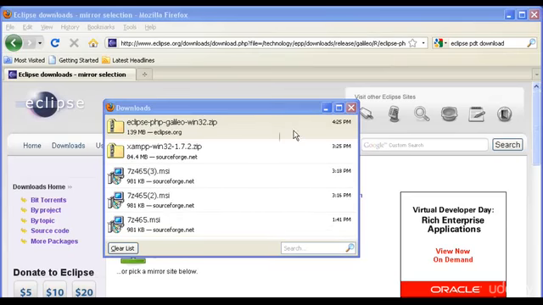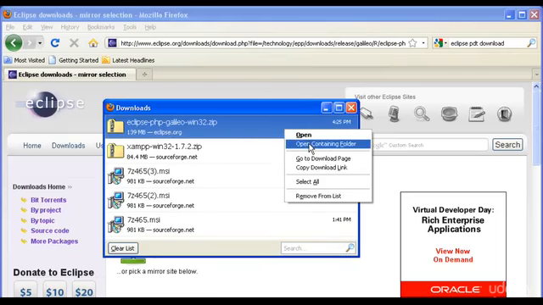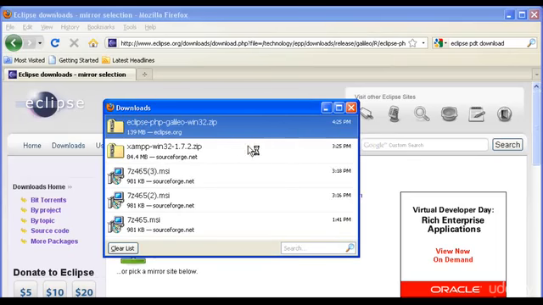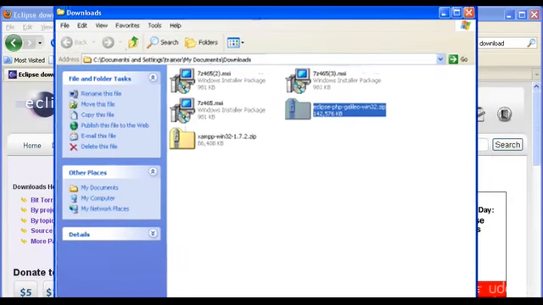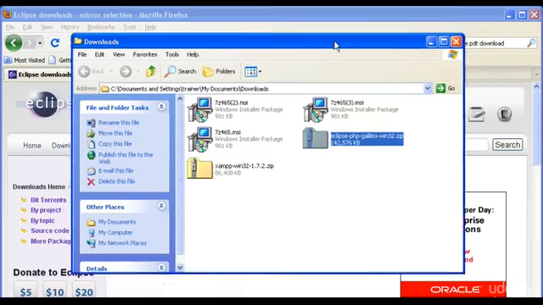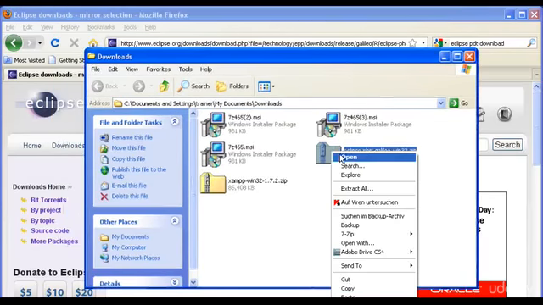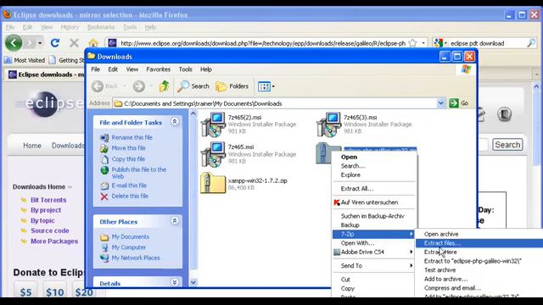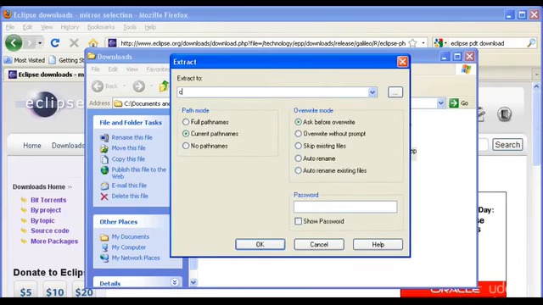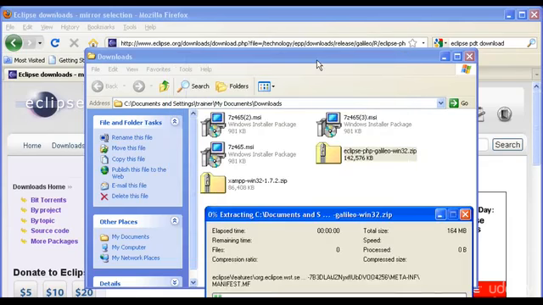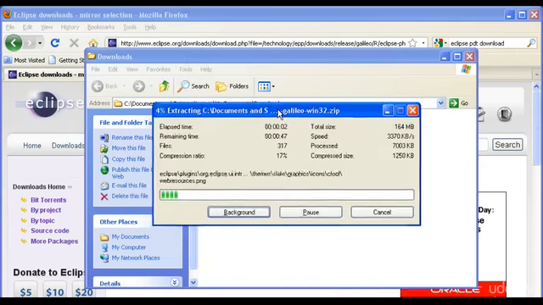So now the Eclipse file has been downloaded, and just like the XAMPP file, what we want to do is go to the directory where it is currently residing, which in my case is the download directory. And we want to right-click, extract files again, and just like XAMPP, put it in C:, and make sure you remember the backslash, and enter. And all of the files will be copied into a new directory called Eclipse, which is under the root directory